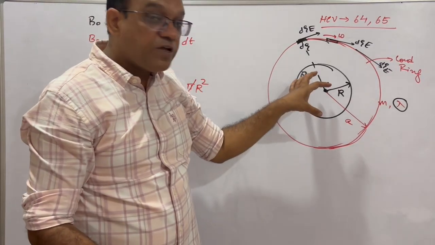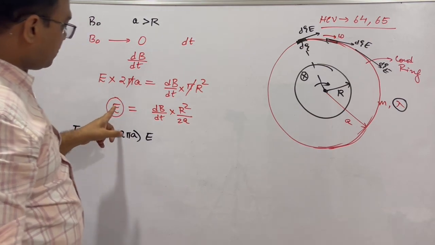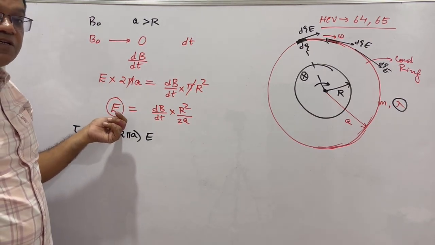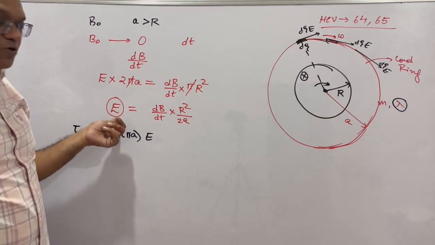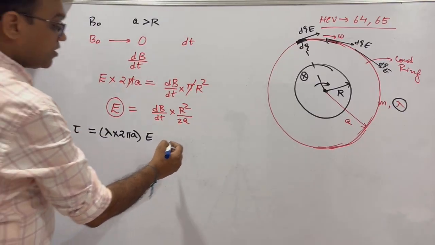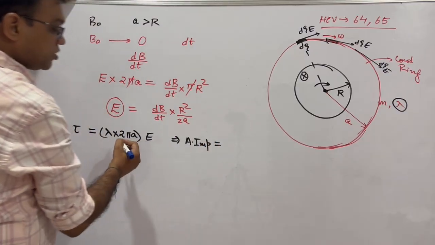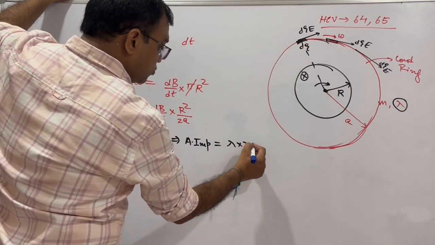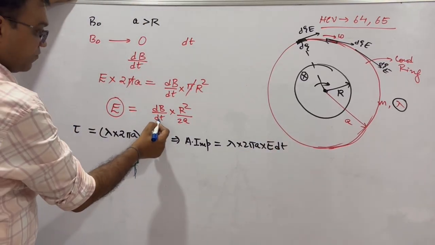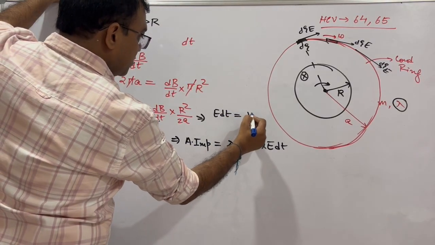Now the magnetic field is changing in zero time, so dt is very small. So this induced electric field is impulsive, and this torque is also impulsive. So what is the angular impulse? It is equal to lambda into 2 pi a into E dt. And if I take this dt to this side, E dt is equal to dB into r